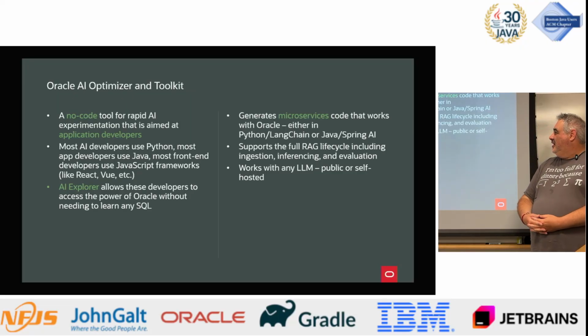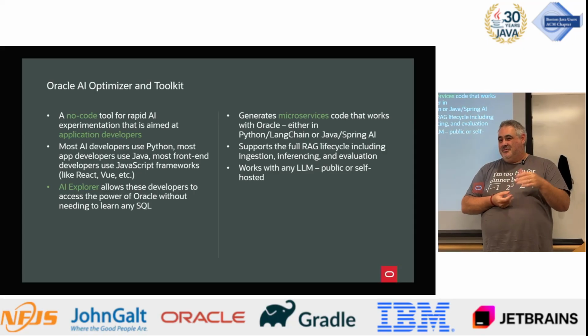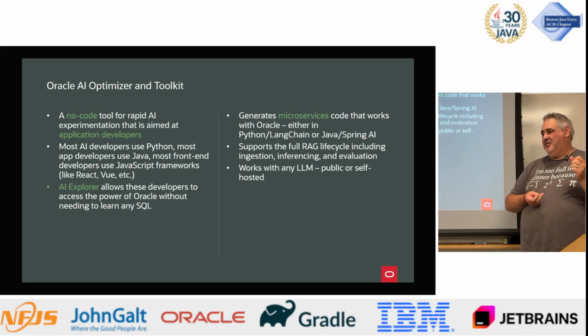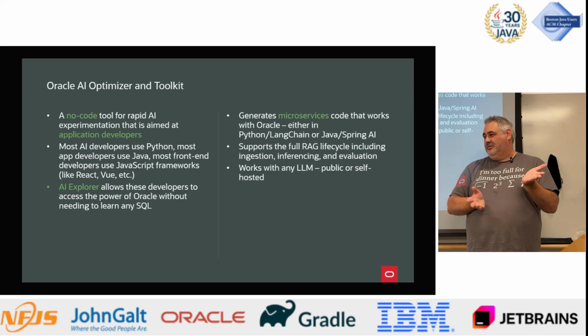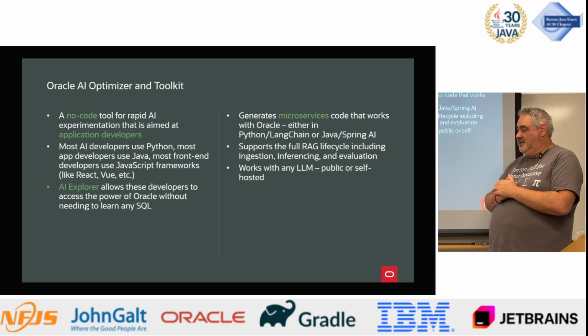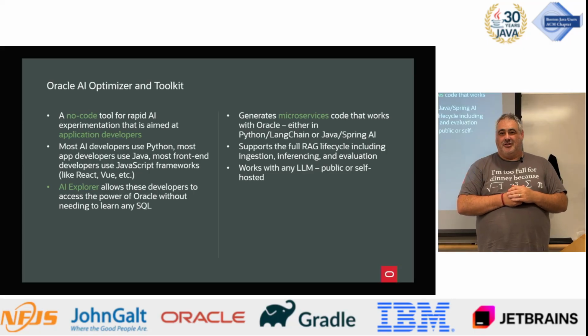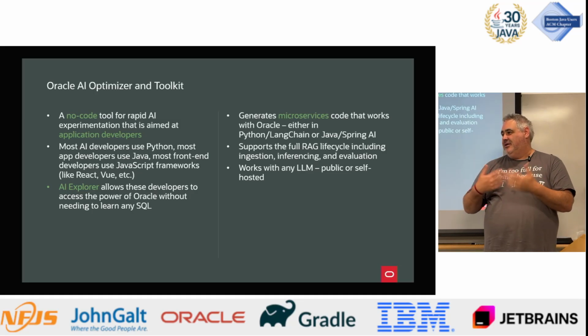Yeah. So the other thing this toolkit does that is interesting is once you've gone through all of those cycles and iterations, it can just spit out the source code for you. It'd say, you picked the best one, which happened to be Llama 4 with temperature 0.87 and top K equals 4 and this embedding model. And it will spit out the source code for you in Java, Spring AI, LangChain, or Python, or LangChain4J. Then you can take the source code that works with your model and has all your settings and check it into your source code system and do whatever you like. So this is really a tool for developers to do rapid iteration and testing.